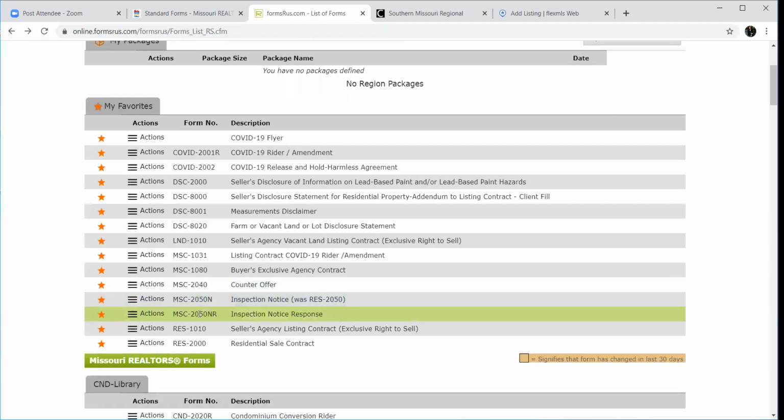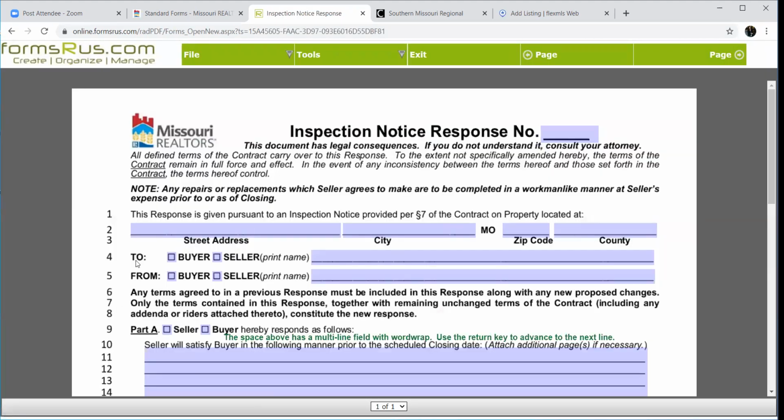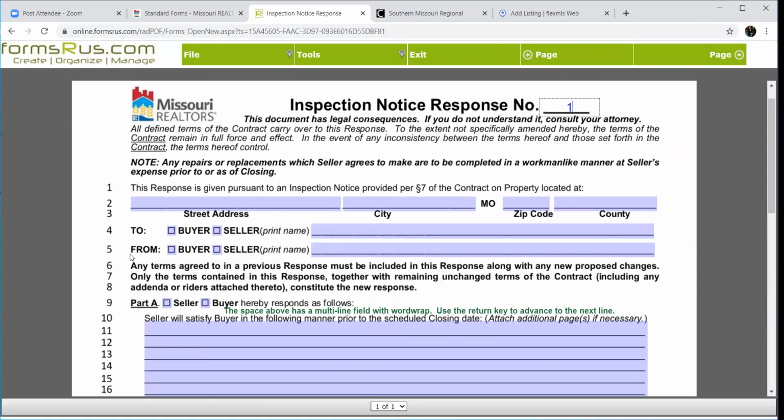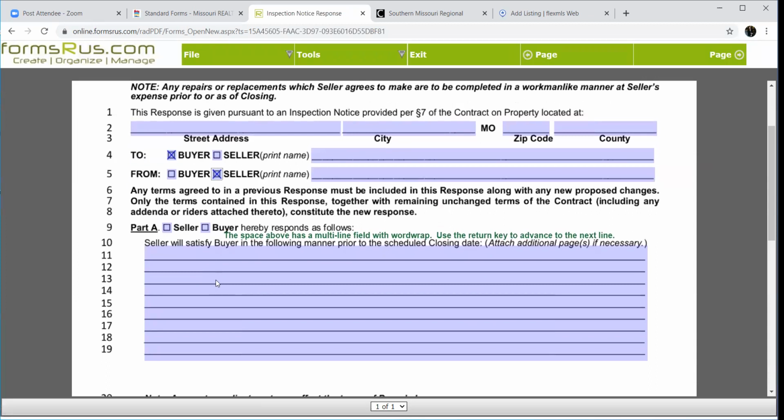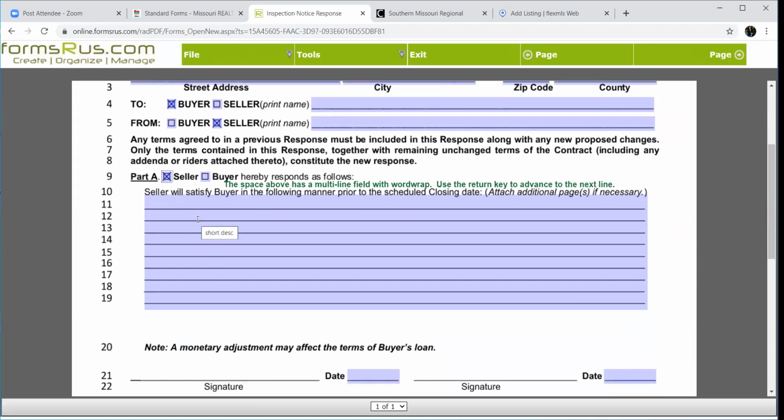And the counter proposal looks like this. Notice this is much like the counter offers. This starts bouncing back and forth with whomever brought it. So in this particular case, it would be to the buyer from the seller because it's their response. And part A, seller hereby responds as follows with whatever. And if I've sent you Exhibit A and you need to respond, you can make it Exhibit B and send that, okay? You can attach as many of those as you need if you can't make the stuff fit in the lengths.